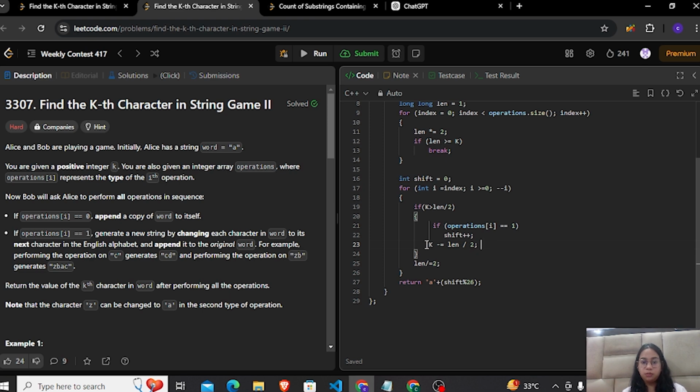So therefore, the k will be decremented by the length divided by 2 value. And at each iteration, initially we were doubling, now we are dividing the length by 2. And if at last we have traversed over the operations array, at last we are just